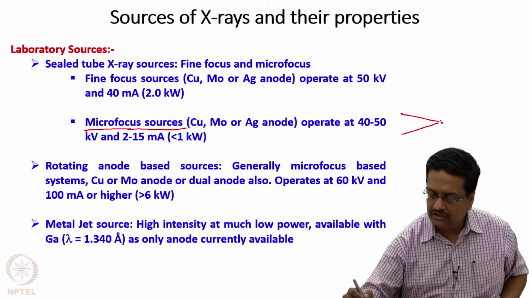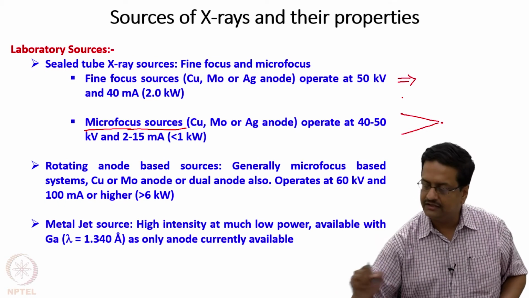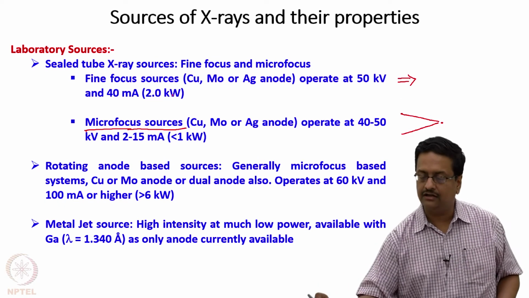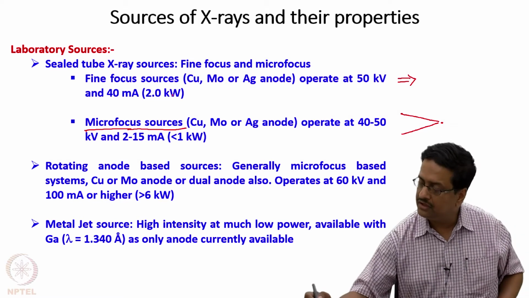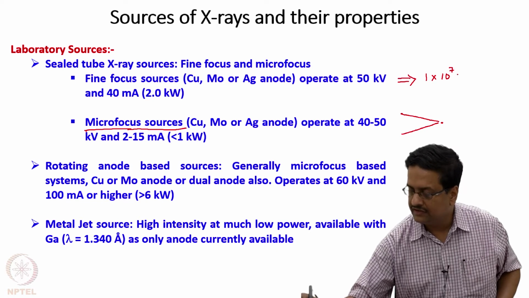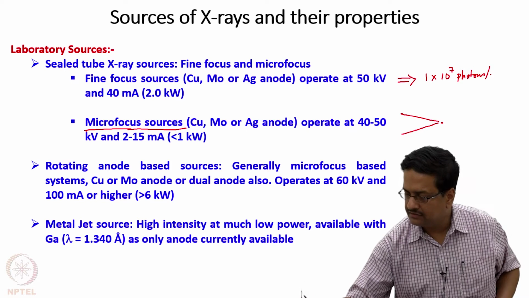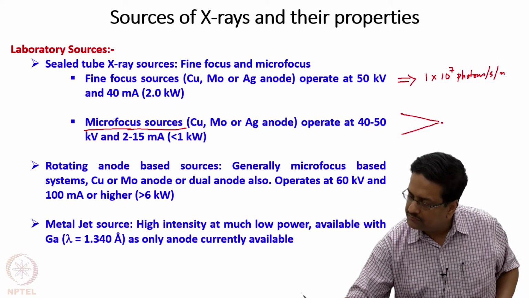So if we assume the intensity of X-rays of the standard kind is giving you about 1 into 10 to the power 7 photons per second per millimeter square,